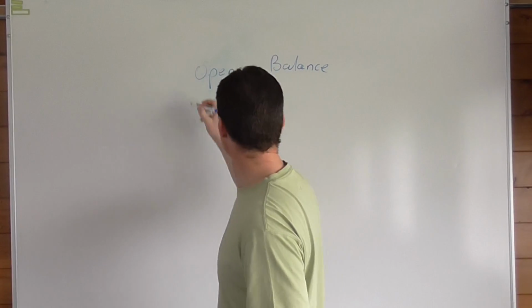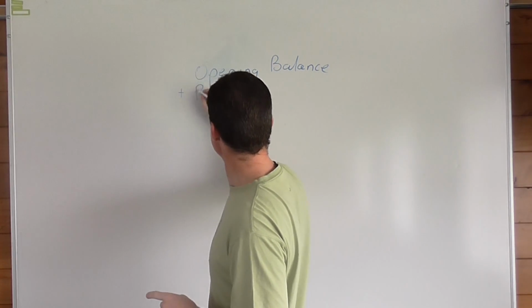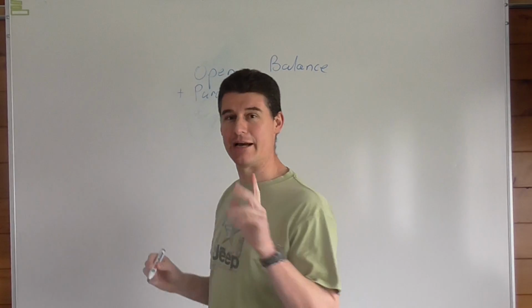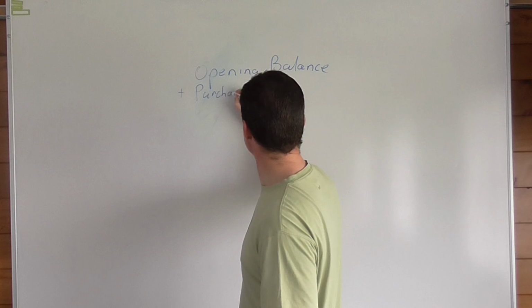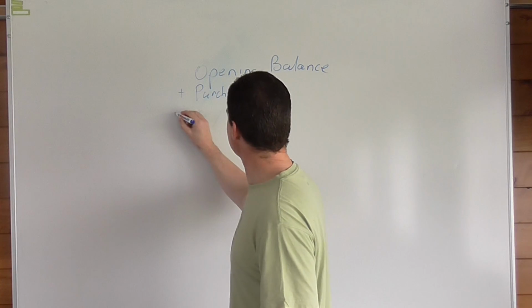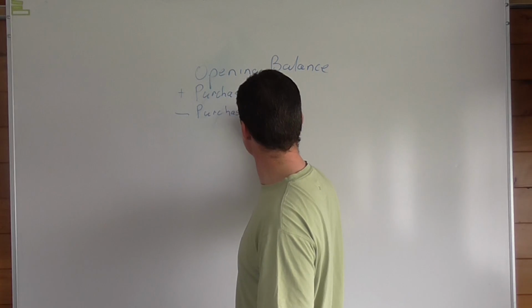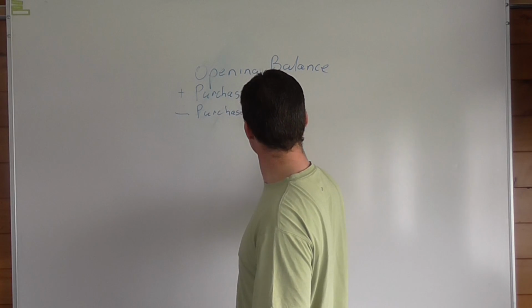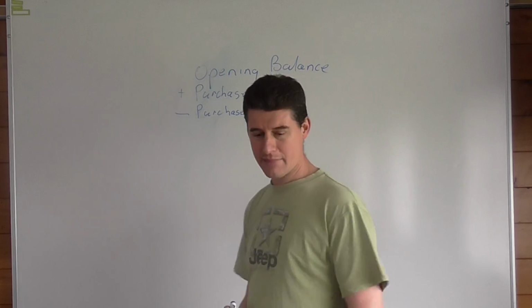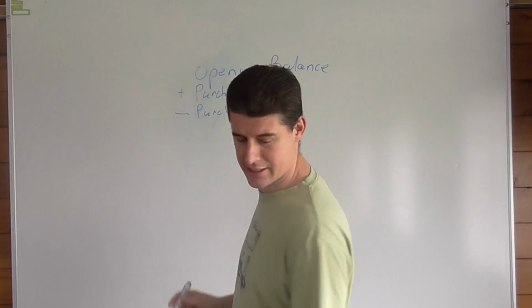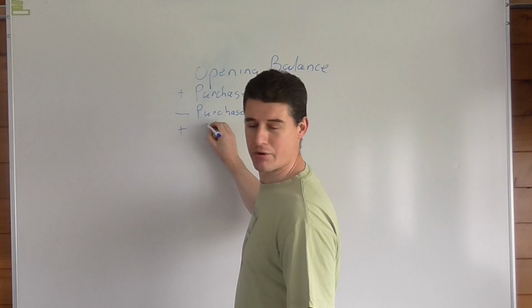Then you need to add your purchases. I'm going to explain that in a moment. You minus your purchase returns, plus your carriage,